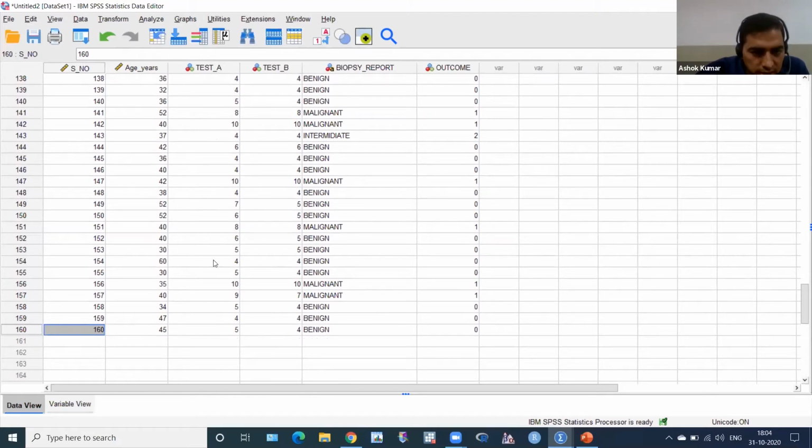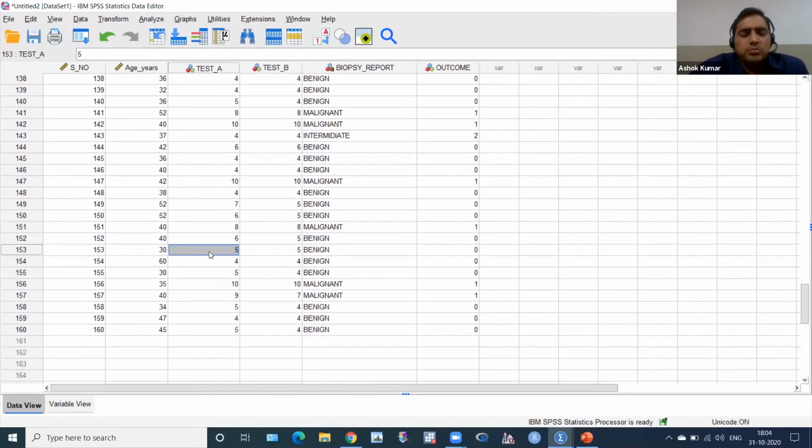Test A results can be in the hundreds or any other number, and you have to enter the test results, and test B as well. Then you will find the cutoff value.